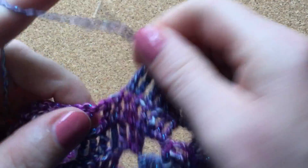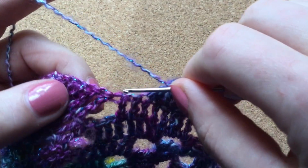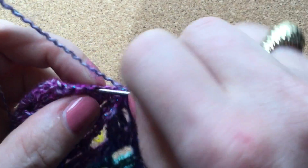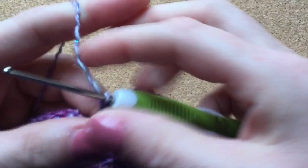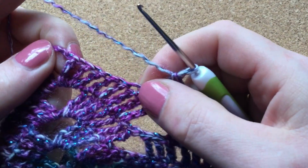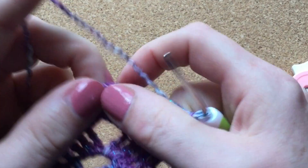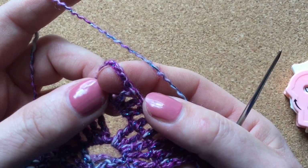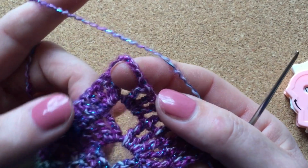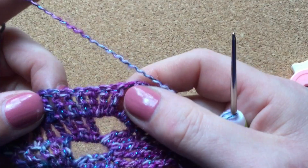Now I will skip the 4 next stitches, 1, 2, 3, 4 into the third treble. I will start my next group of 9 trebles. Here was the first one, so make 5 more, so that's 6. Then 3 in the chain space with the chain of 5, and then 3 more in the chain space, and then 6 more